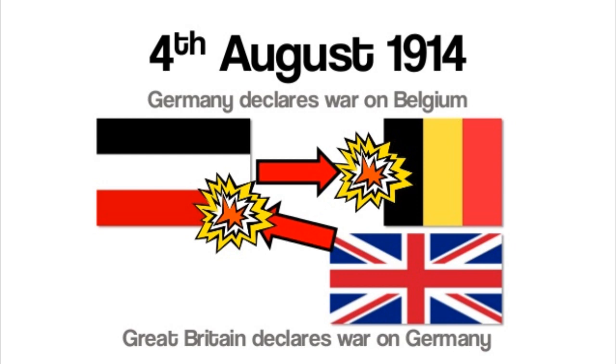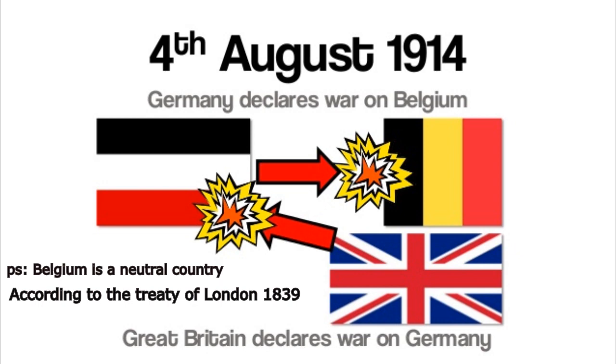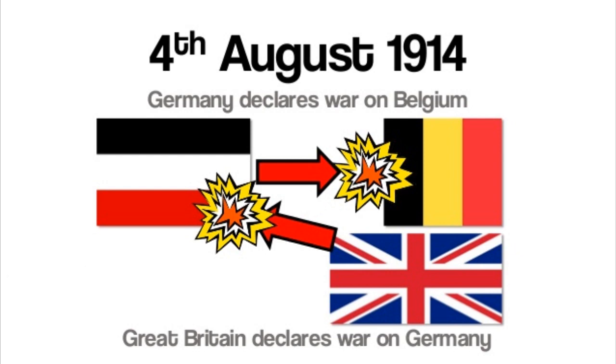When we're looking at nations like Austria-Hungary, France, Germany, Serbia and Russia, we all know that there is a problem. So there is a war. But when we talk about Belgium, Belgium was not included in the conflict. But why was it invaded by the Germans? See, Belgium is a neutral country according to the Treaty of London in 1839.